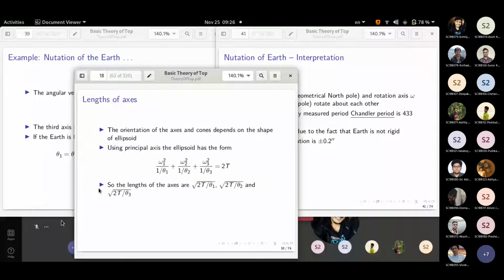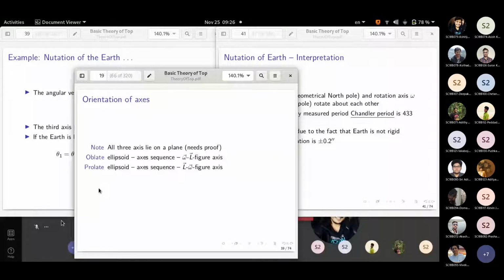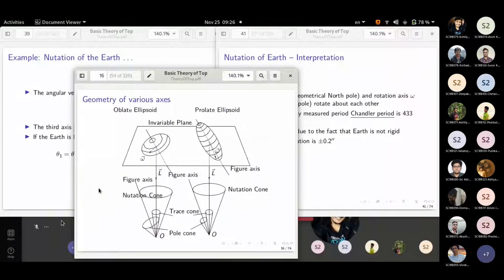Okay, let us see where is that. Probably this. Rotation of figure axis with respect to angular momentum. There are dual terminologies for this. Some people use nutation, some people use precession. I think what we are seeing here is this particular thing, that is, with respect to the figure axis, how the omega is revolving around. This is the part we are looking at now.